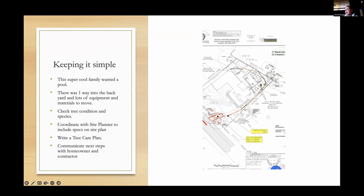But anyway, the first one I want to talk about today was just the most simple of projects. There were 2 trees, a ginkgo and a red maple, both in good condition, with some camellias going down the side of the property, and the family wanted a pool. I called them a super cool family because why just call them a family? They could be super and cool. So anyway,